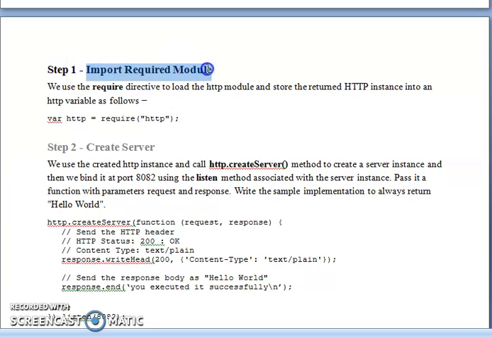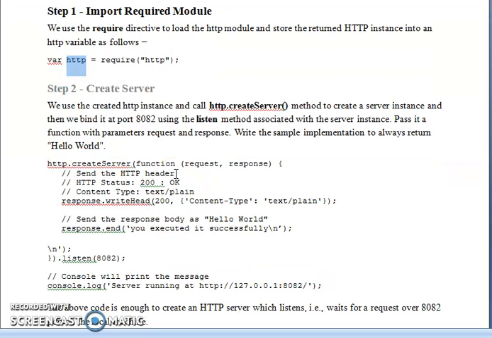So first step is import required module. As I said, we generally use the HTTP protocol for communication between client and server. So with this directive require, you can import the HTTP module, and we are making use of this variable http. You can have any variable name. So http will be an object instance of this module http. Now to create a server,